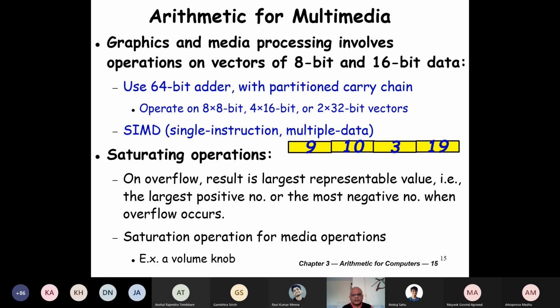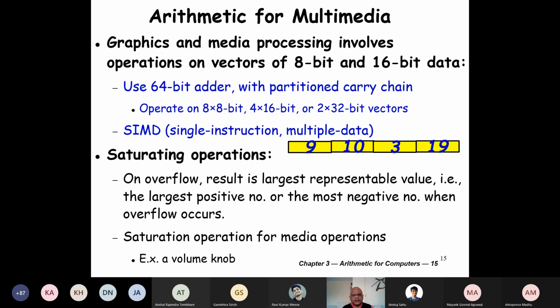And these GPUs can operate on still more elements at one time, hundreds of elements. Here in a typical MIPS register, we can handle 4. They can operate on 256 or something. So this is called as the SIMD processing, single instruction, multiple data.